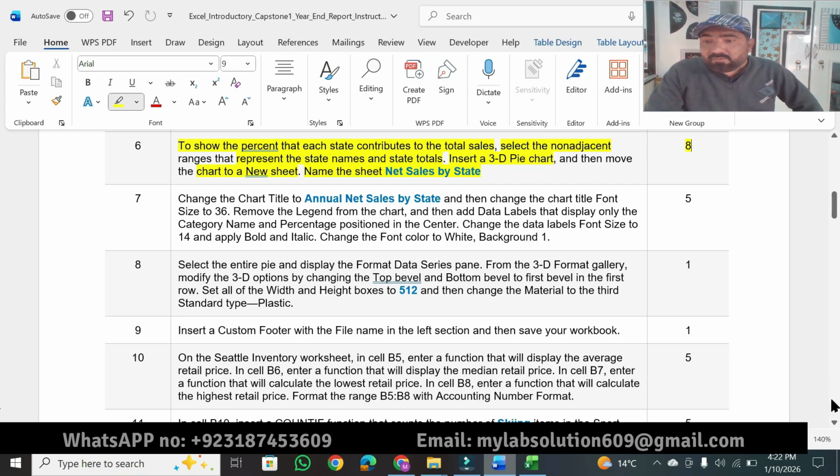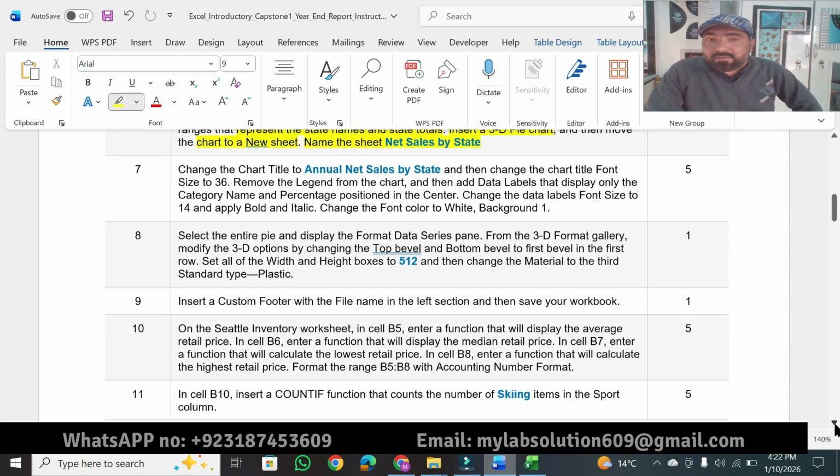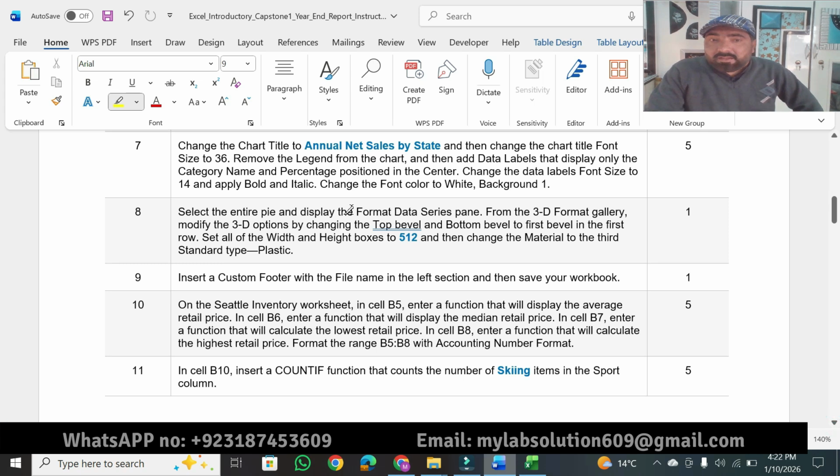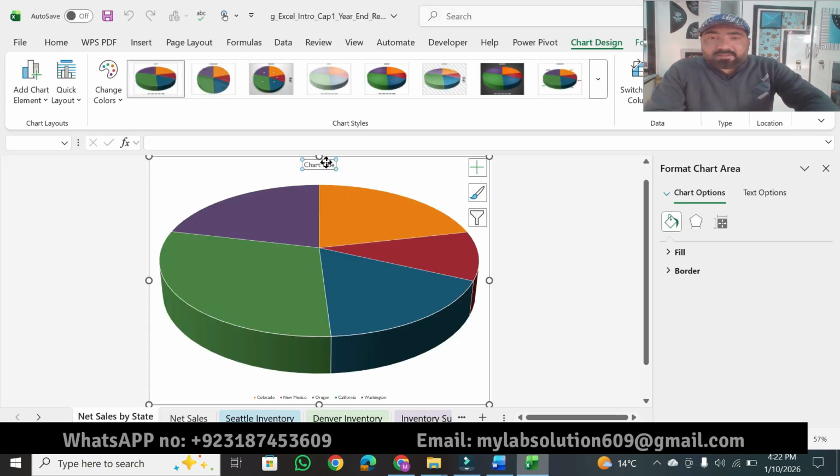Now moving toward question number 7. So change the chart title to Annual Net Sales, and then change the chart title font to 36 point. So first we have to change the chart title, copy this one, and then select this chart title, paste that one. Okay,